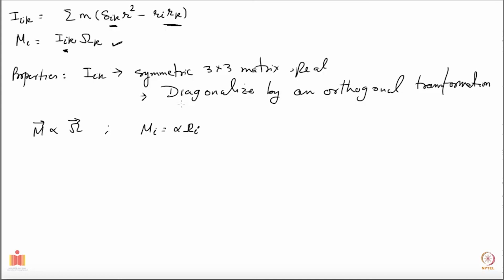Now you may ask why you have seen before that your omega and M always were in the same direction. It's because you are looking at very special geometries of rigid bodies, and those objects were also made to rotate along some very specific axes, and that is why you are always seeing M to be proportional to omega in your previous experiences. We'll come back to all this later in more detail, but for now I just want to write down the most general expression for the inertia tensor I. So let's look at this.